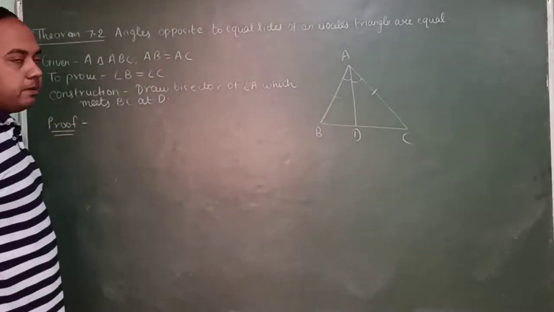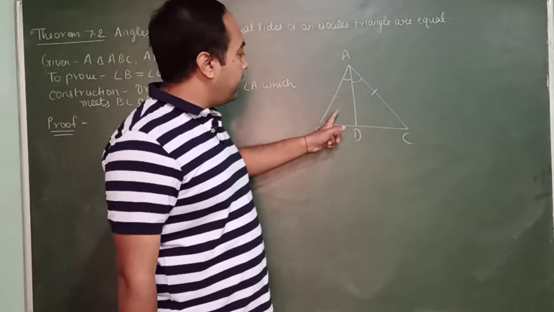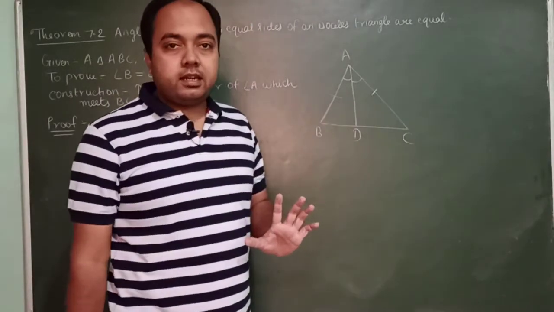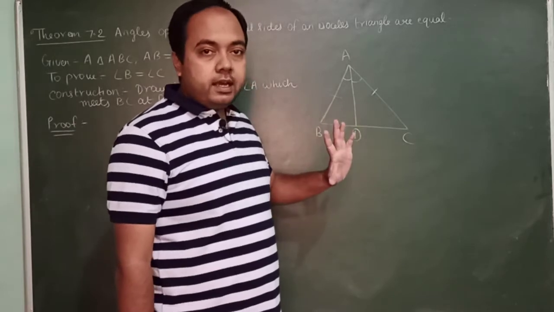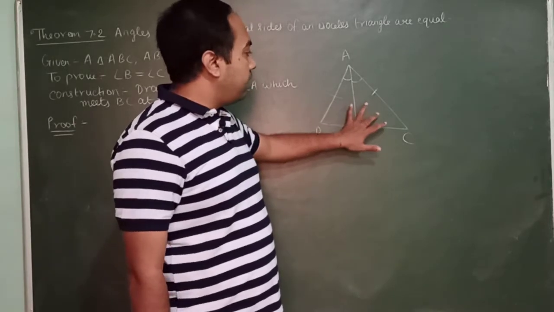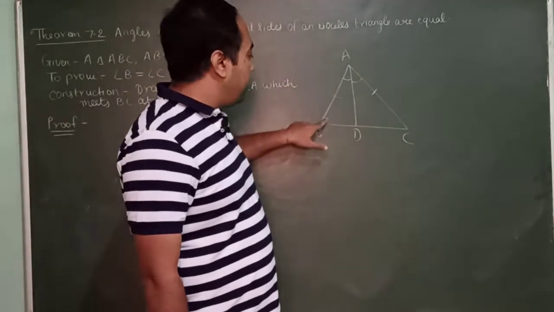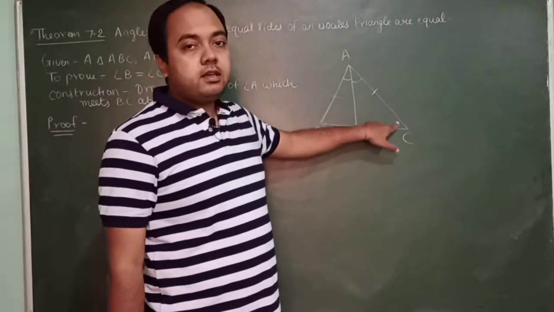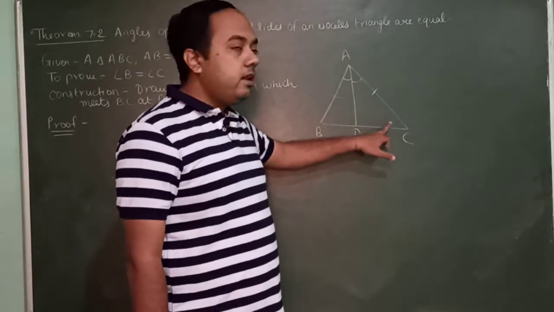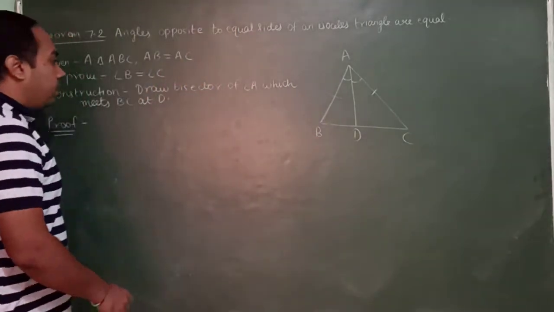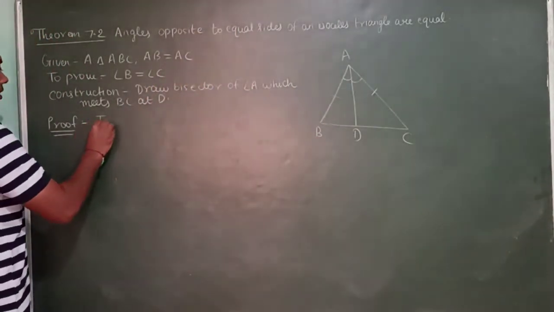See, it is very simple. First we will prove that triangle ABD is congruent to triangle ACD. Now if both the triangles are congruent, then by CPCT you can say angle B equal angle C. Okay? So I am writing over here in triangle ABD